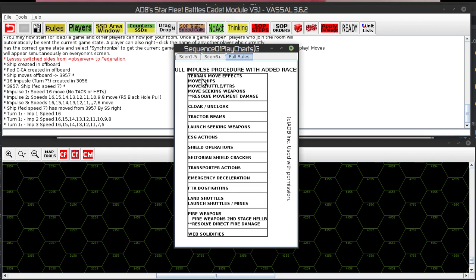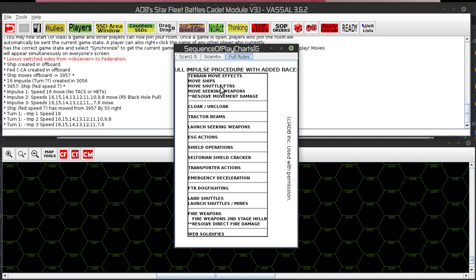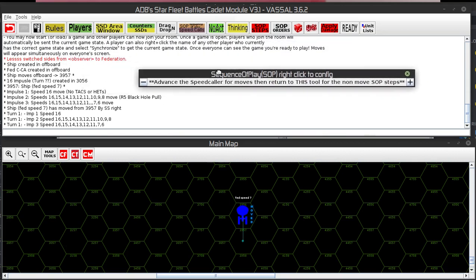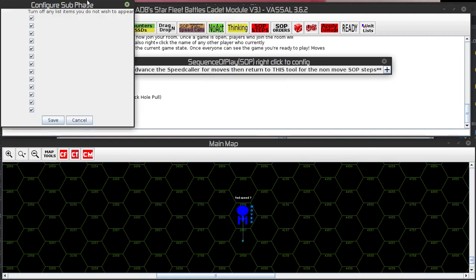So here you've got moving ships and moving shuttles and moving seeking weapons all as one step, whereas here it would say move ships, then move seeking weapons, and resolve seeking weapons. Well, here it just combines as one step, but it's got all the same steps in there. So you got that as a graphical form, but you've also got one there that's sequence of play that does not do it graphically. Again, it's a little floating window, and here you can actually configure this so that